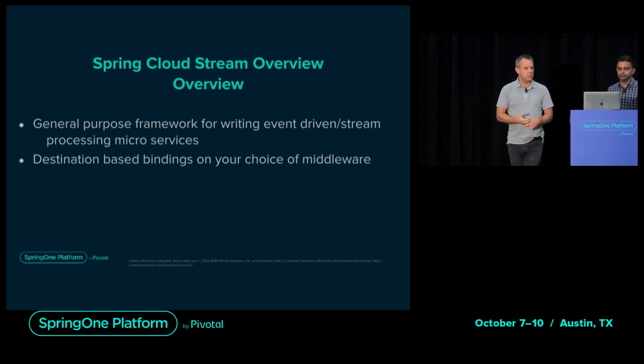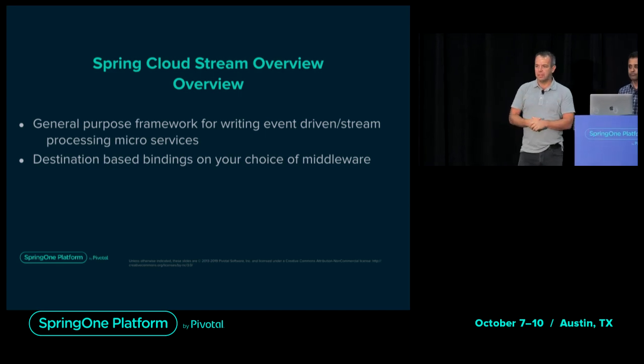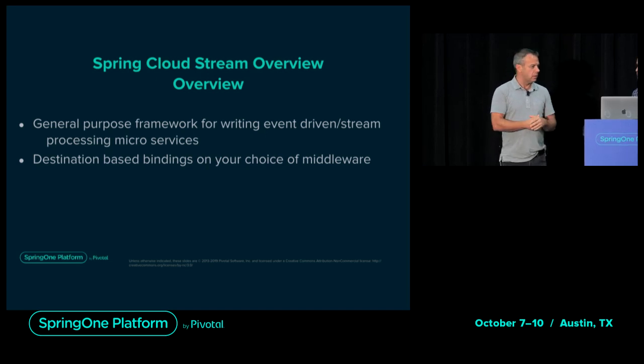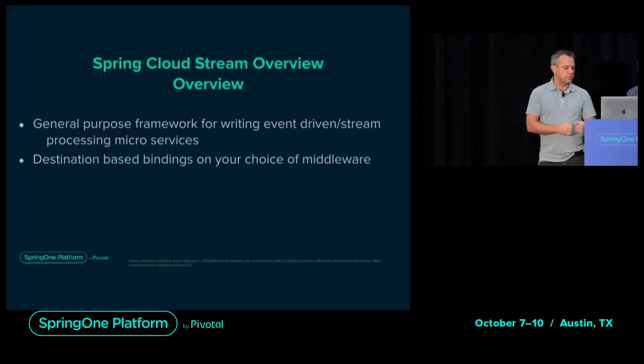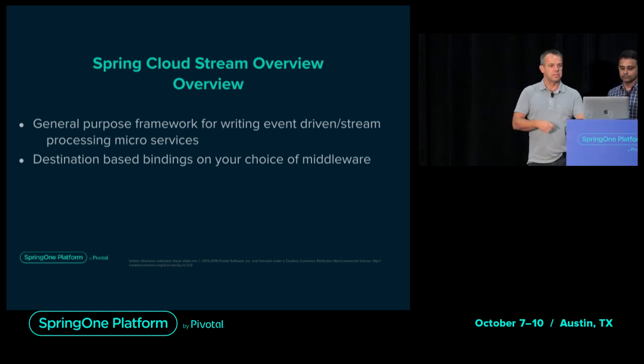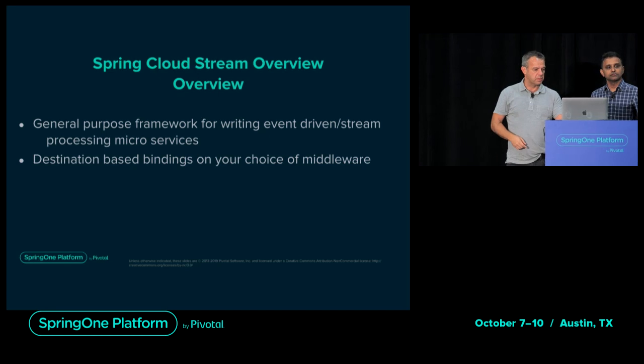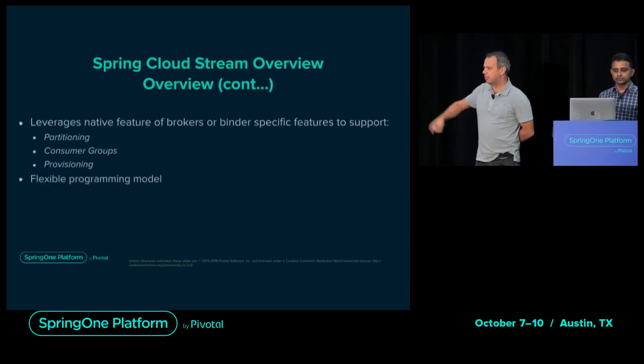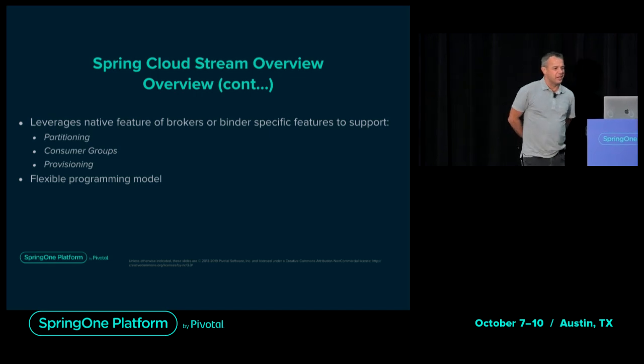We currently support, as a Spring team, Kafka, Rabbit, and Kafka Streams binders, and then there are a lot of community binders for Solace, for Azure, for AWS and so on. Yeah, Kinesis. And there's a Kinesis guy, Artem, sitting somewhere back there. Oh, back here, front here. So anyway,